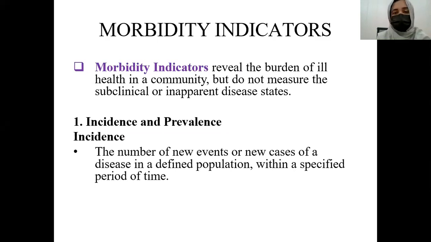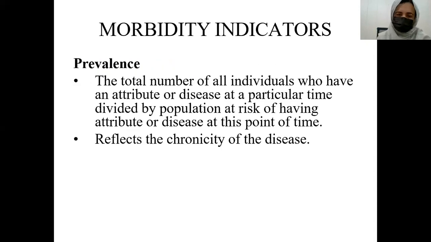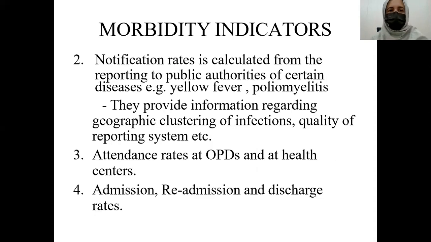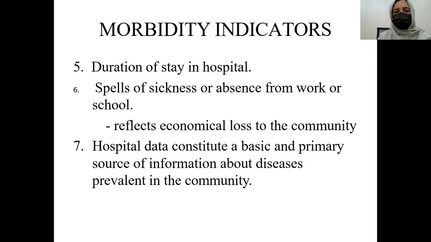इसलिए आपको ये डेथ रेट सारे अभी से बहुत अच्छे आ जाने चाहिए। नेक्स्ट इज मॉर्बिडिटी इंडिकेटर्स। मॉर्बिडिटी इंडिकेटर्स बताते हैं कि किसी भी कंट्री में डिजीज का बर्डन कितना है। The two most commonly used indicators are incidence and prevalence. Incidence is the number of new cases of a disease, and prevalence means all cases, old plus new. ये उस डिजीज का बर्डन बताते हैं। और इसकी इंफॉर्मेशन कहाँ से मिल सकती है? बाय द डेटा रजिस्ट्रेशन एट द ओपीडीज, हॉस्पिटल डेटा से हमें मॉर्बिडिटी इंडिकेटर्स बहुत अच्छे मिल सकते हैं।